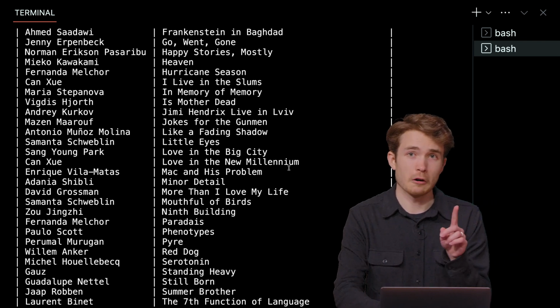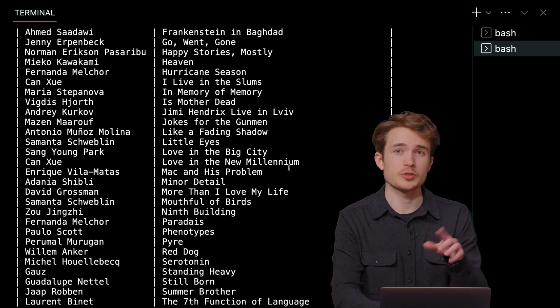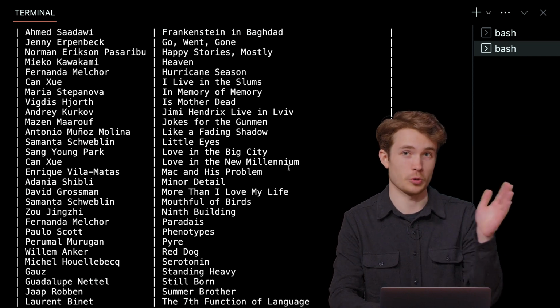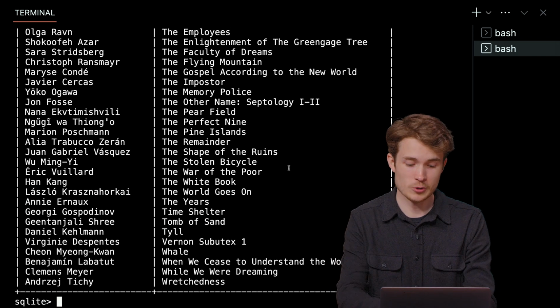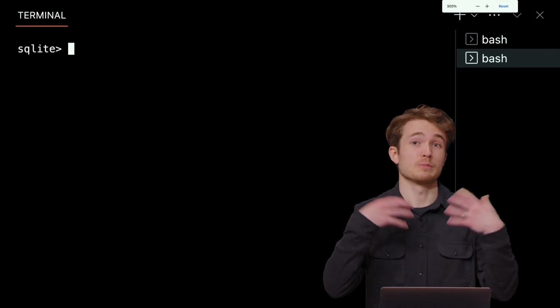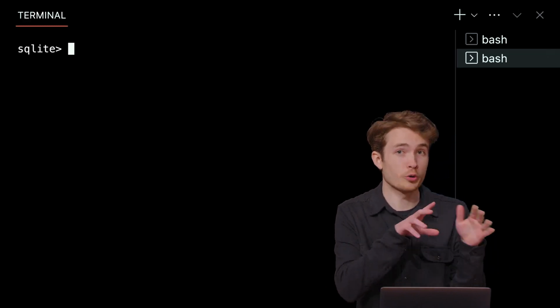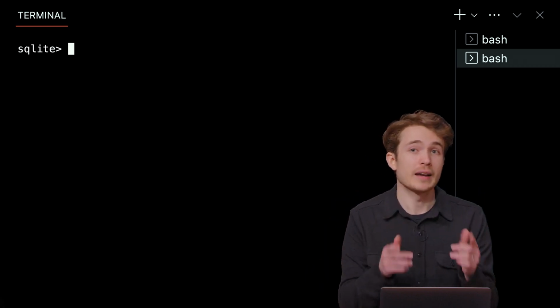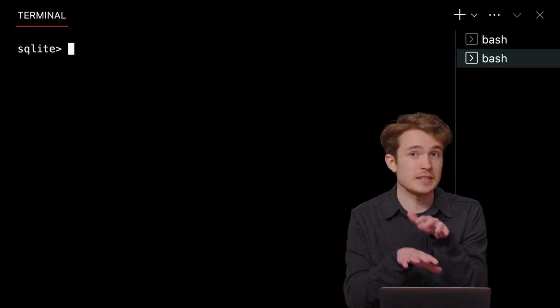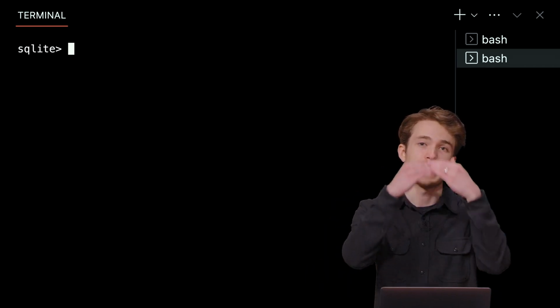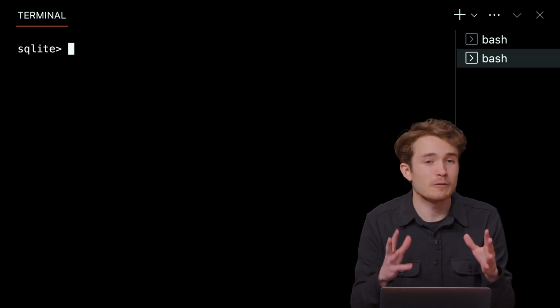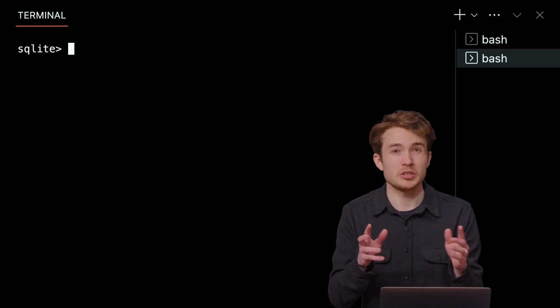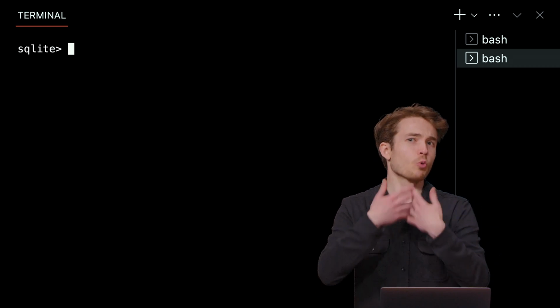Now, the view itself does not have these titles automatically alphabetically sorted for me, but I could make it do that. If I had, when I was making this view, included order by, let's say, title at the end of that query, I would then have those titles saved in this view automatically as A to Z. So very powerful if you want to not just find particular ways of seeing your data, but also organizing it